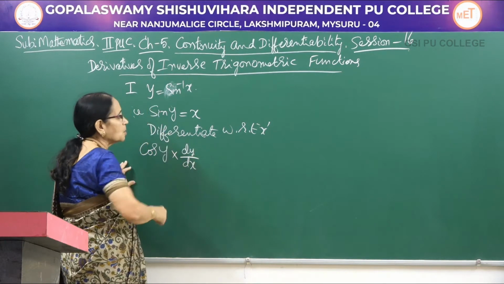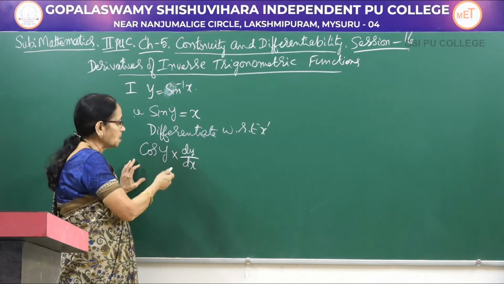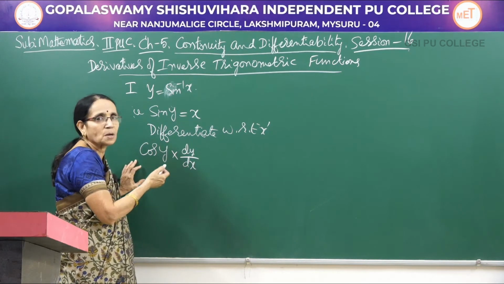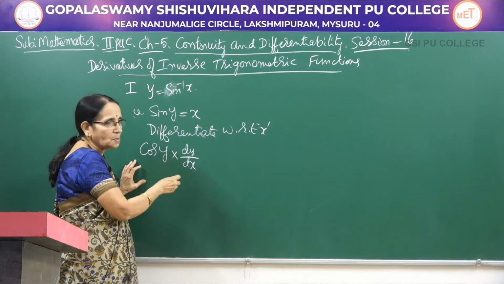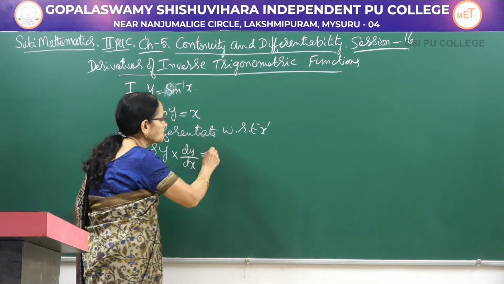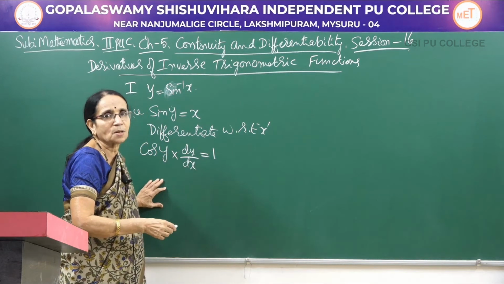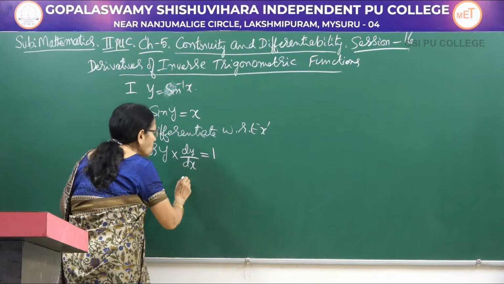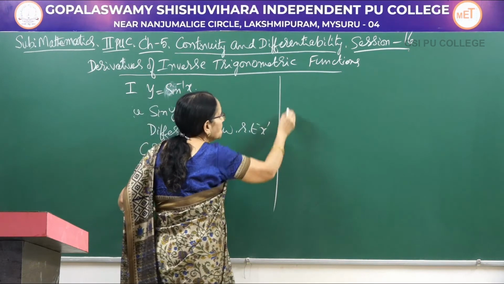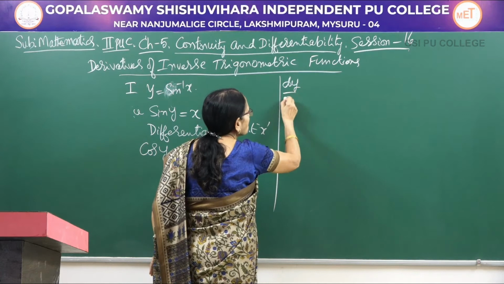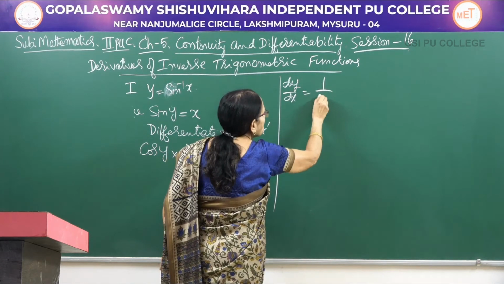It is actually a composite function, differentiated using the chain rule: sin y becomes cos y and y becomes dy by dx, and x becomes 1 because we are differentiating with respect to x. Therefore, I can write dy by dx is equal to 1 divided by